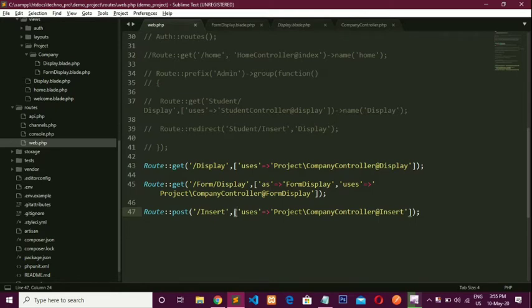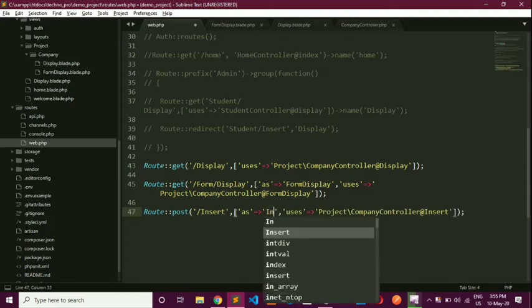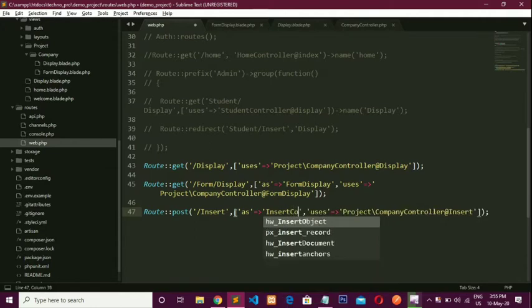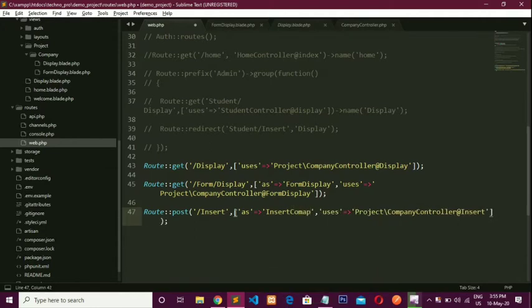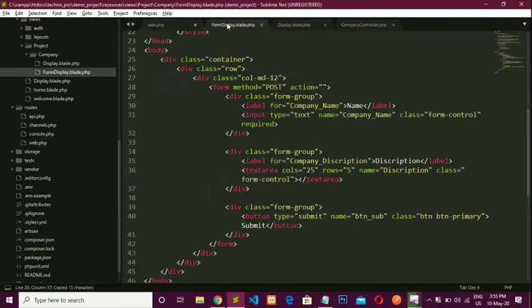Okay, now assign a variable because I want to use this route in our form action. Okay, so its name is insert company. Now copy this name and go to the form-display.blade file, and in the action use this route.